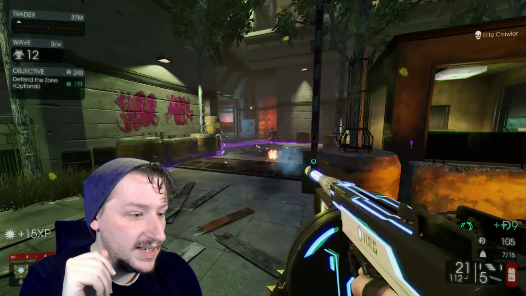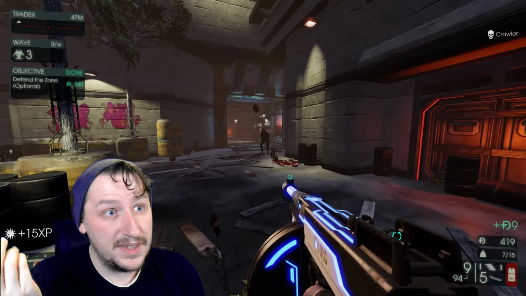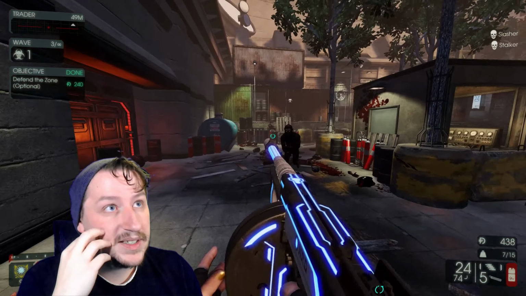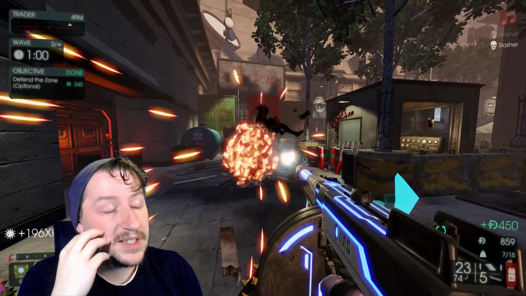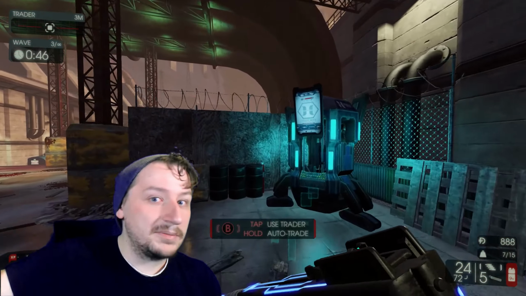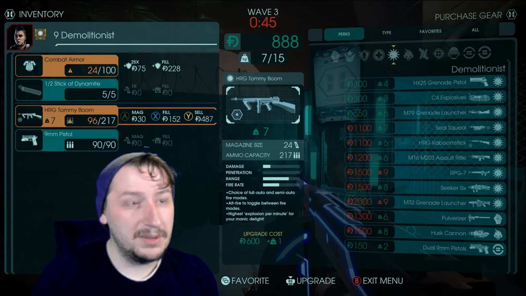The Tommy Boom needed the buff out of everything. It was the weakest weapon, and I still think that it is the weakest weapon, because it still runs into the problem of being at 7 weight, which means you can't pair it with the rocket launcher. And at 7 weight, it's just kind of awkward, because you don't really want to upgrade this weapon all the way. It's at 7 and it goes up to 10. So even with upgrades and it getting 5% better than it did before, it's still not going to scale very